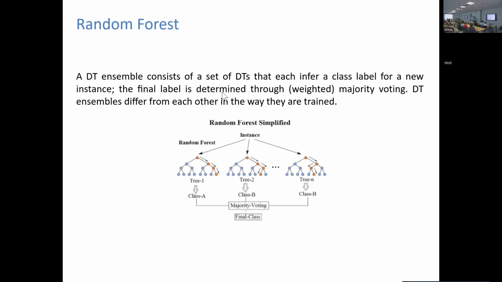So maybe we want to train some random forest. What is a random forest? It's essentially a decision tree ensemble where you have many trees and use this group of trees to make your decisions. You classify your new instance according to every single tree, and then you do some majority voting. Many times a tree will not output a single class, but it will output some probability distribution over the classes, and then you do some voting mechanism in the end to find the final class that you want to output, right?